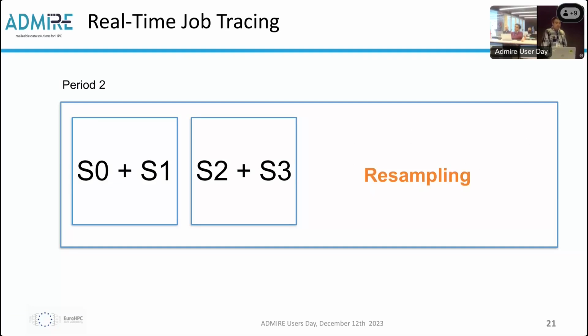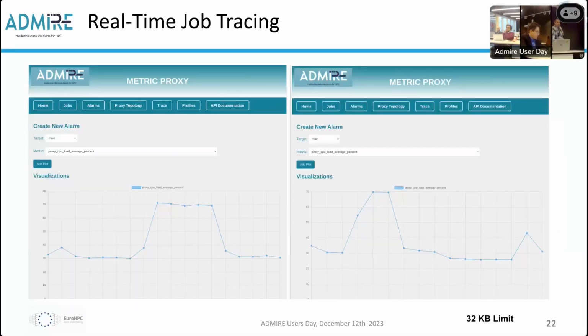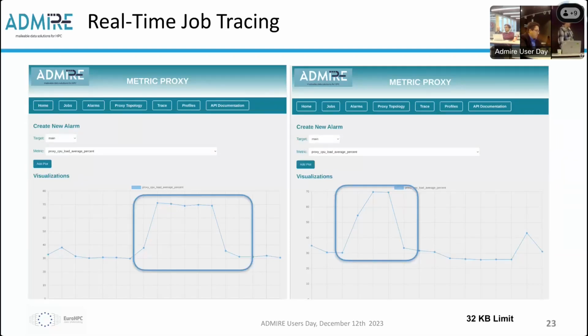But this allows us to dynamically adapt the sampling period, because once you resample, dividing the trace by 2, you also multiply by 2 the sampling period. This allows you to fill the buffer in a slower manner. And we repeat the process as the long-running job continues. Here is a visual illustration of this process. On the left, you have the initial trace with the first sampling. And on the right, you see that we resample the trace using very simple linear interpolation. So we have fewer points, but we still have the general view of the data.